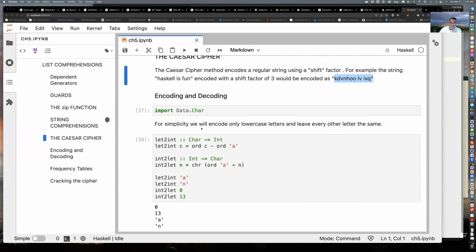One other thing in this whole project: we'll encode only lowercase letters, and if there is an uppercase letter in the code, we'll leave it alone. We won't bother with that. This is just a simplification. The point here is not to really write a super